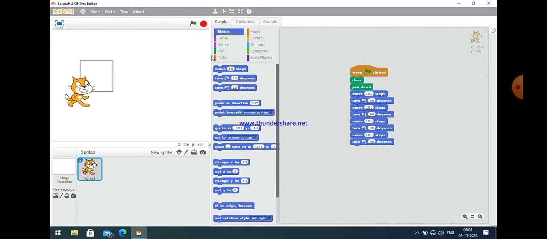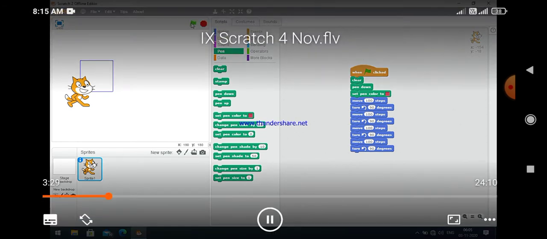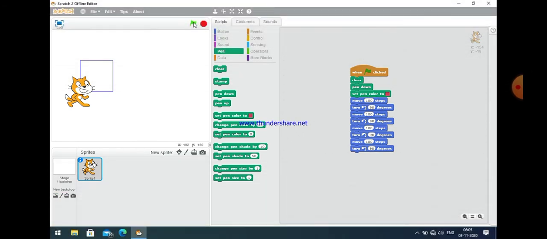So this is a small program to make a square, and if you want to change the pen color it is also possible. Select the pen category, and then select set pen color. So after putting the command set pen color to red, the square will be of red color.